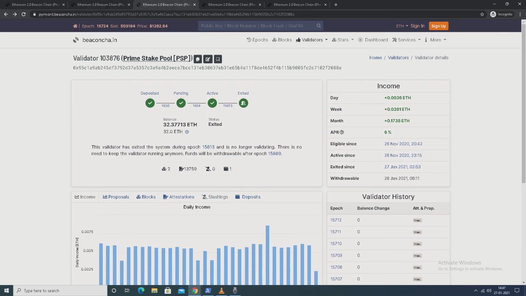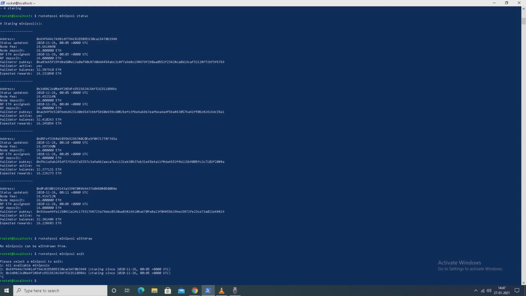So the other validator also has the same status, and it will also be withdrawable after epoch 15869. So we will see later what status we get after epoch 15869 passes.